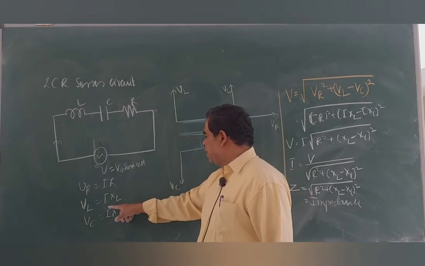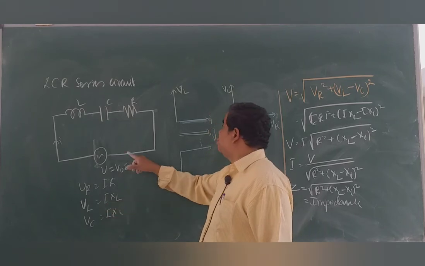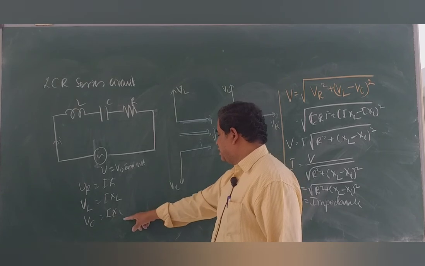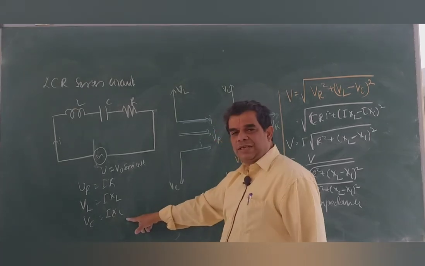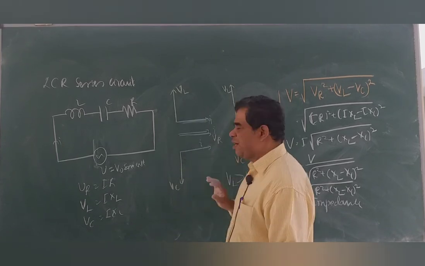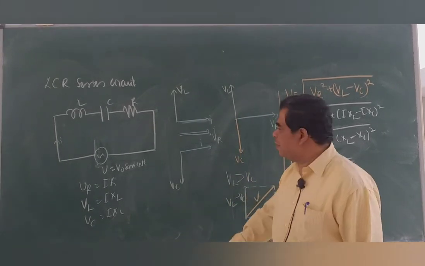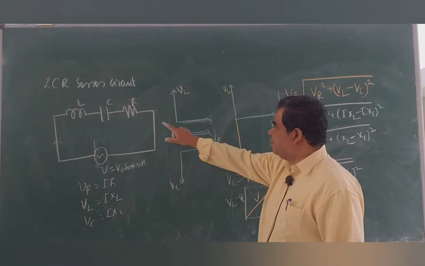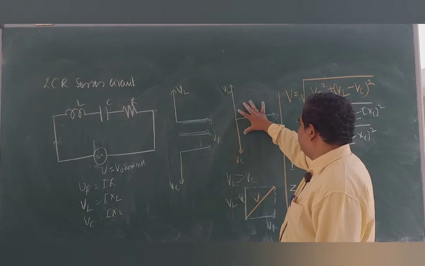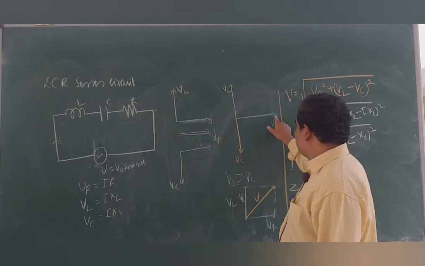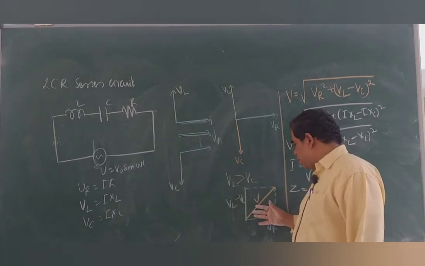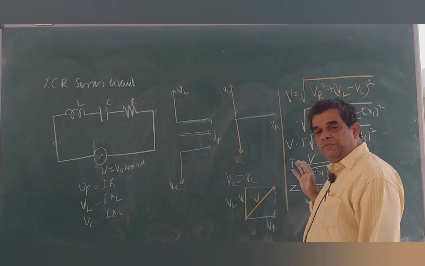We know VL leads the current by pi by 2. That's why I have written VL leading the current by pi by 2 radians. And in the same manner, voltage across capacitance, VC, lags behind I by 90 degrees. That's why we have written all the three diagrams that we have written previously. But in all these three, I remains the same because the current remains the same. So we can combine all these three and write like this. And instead of I, take VR in the same direction. I apply the parallelogram law for vector addition.